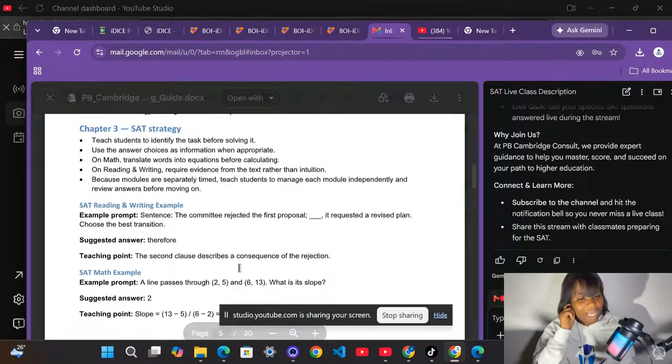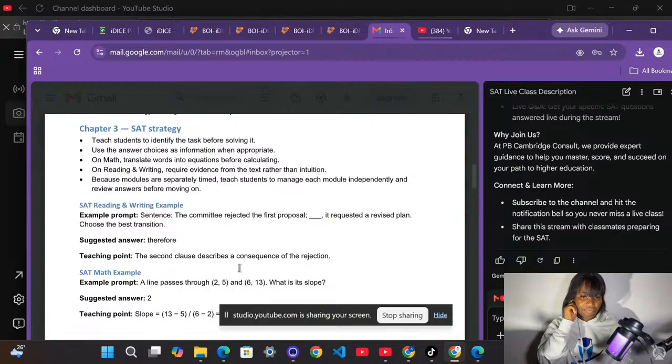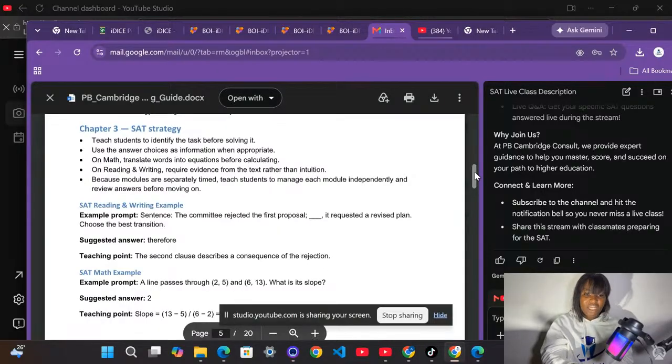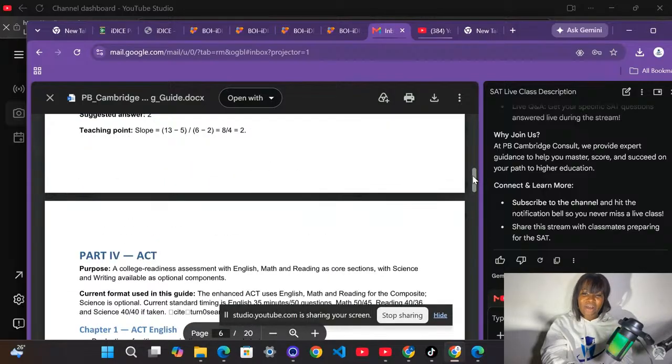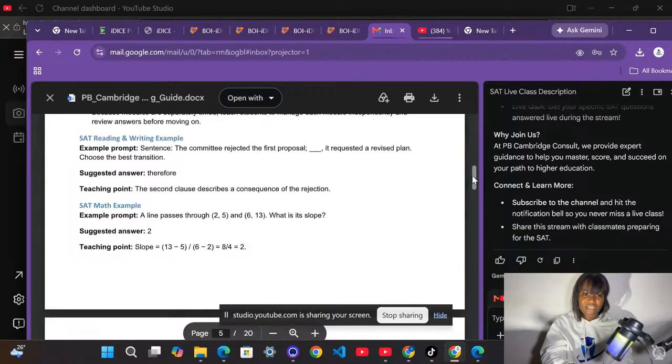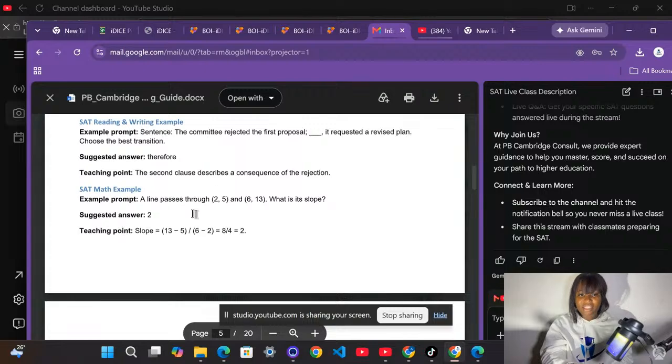So now let's look at the... okay. The second clause describes the consequence of the rejection, which I just highlighted. So let's look at the SAT math. We're going to go into details with this once we get to Khan Academy. You're going to understand more about the SAT reading and writing. So we have the SAT math